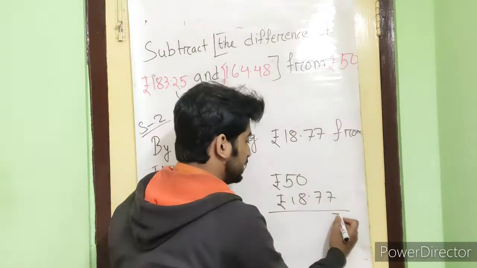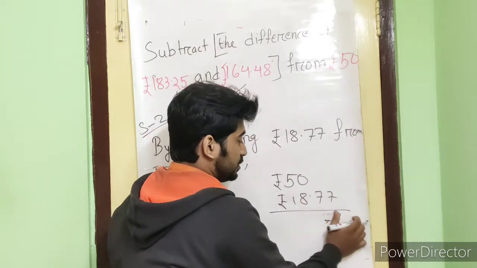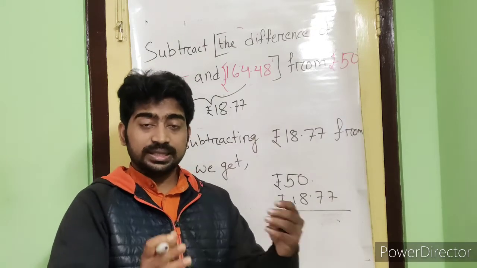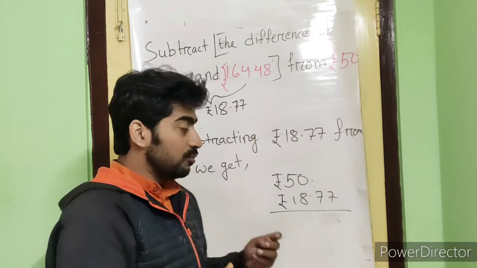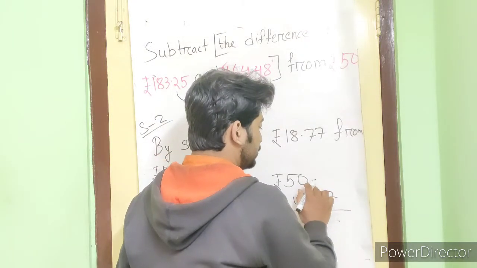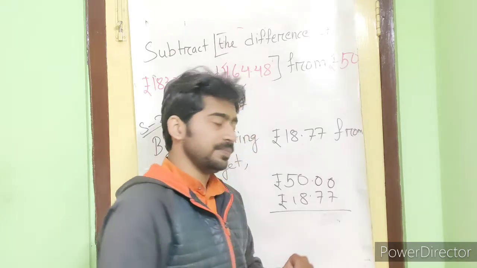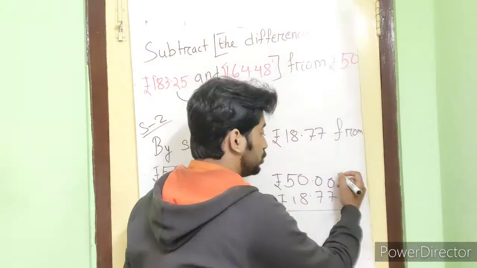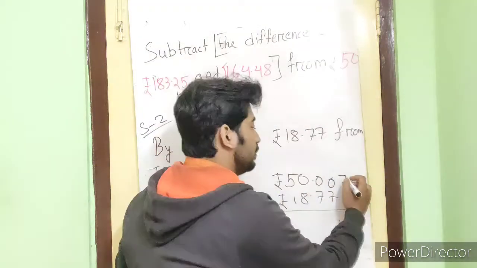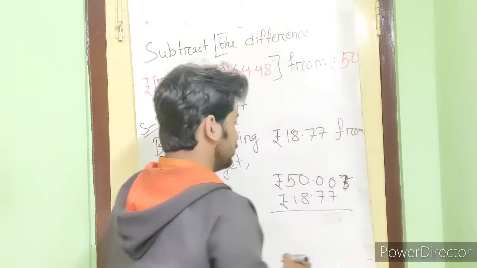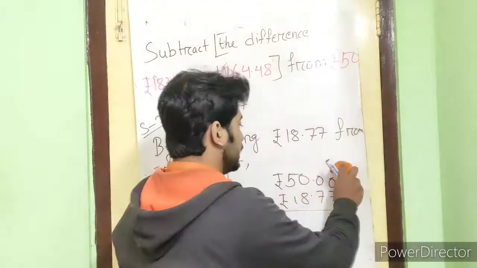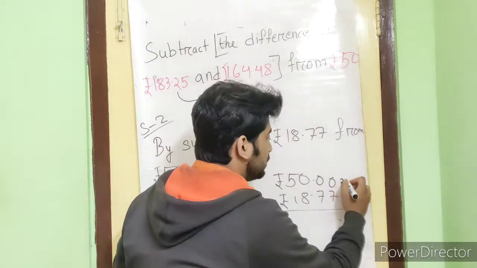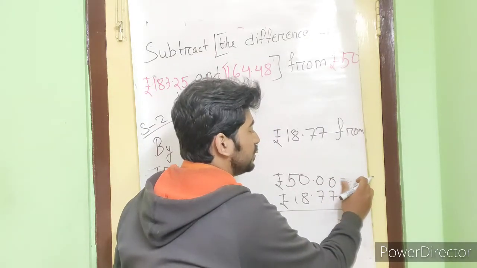What will they write? They will write 7 and 7 here as nothing is there. But students, after the point 0 has no value, that's why we are not using 0. But at the time of any calculation, we need to write it. Suppose 50 is here, that means two zeros will be there. Again I am telling that after the point 0 has no value till you are writing any number, maybe 3, maybe 4, then only the 0 will get its value.